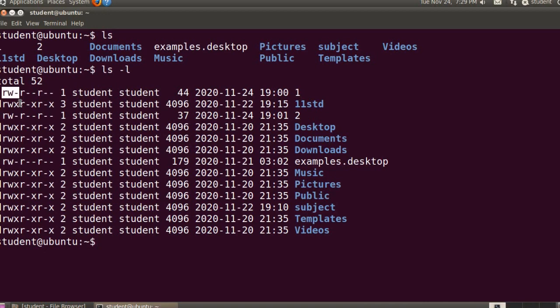And if there is x in the third position, see here there is no hyphen but x, then x in the third position means you may execute the file. And if it is a hyphen, then a hyphen in any position means that you don't have that particular permission.